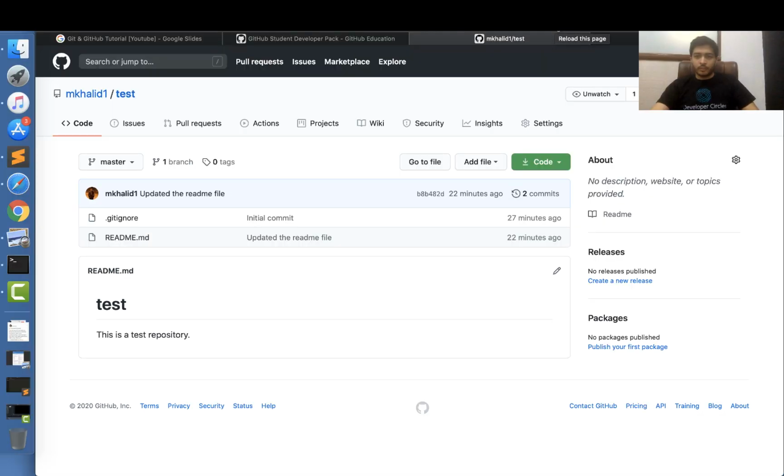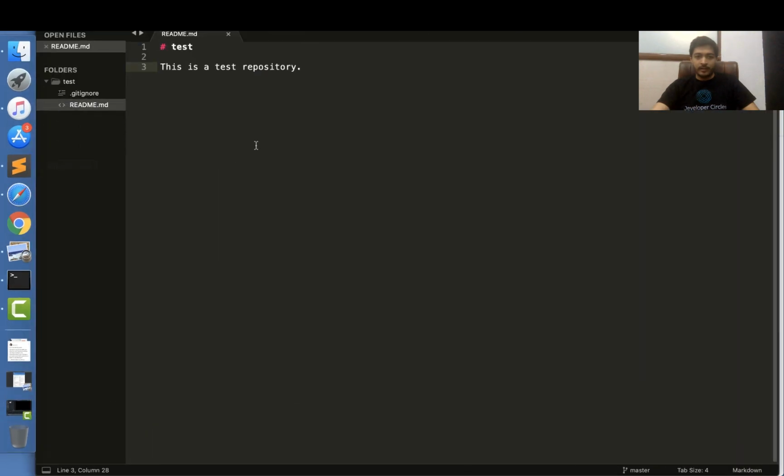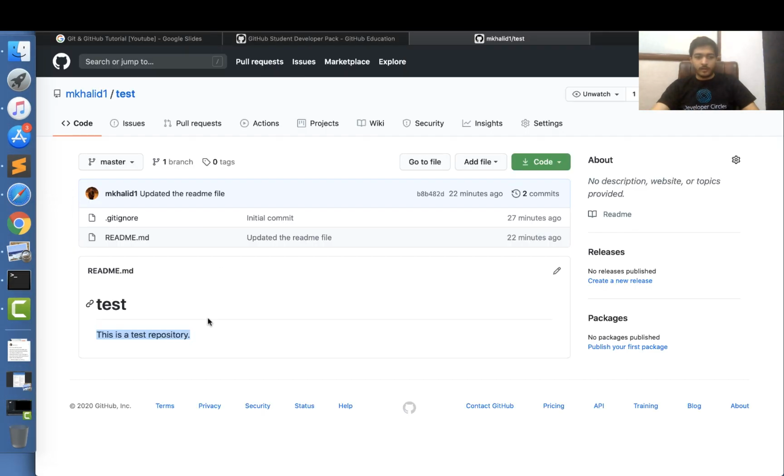So to verify that your push was successful, you can just refresh this page, and over there you can see our file readme.md has been changed, and the change that we had made, "this is the test repository," has been reflected on our remote repository as well.